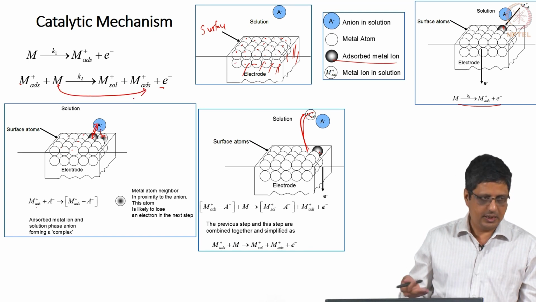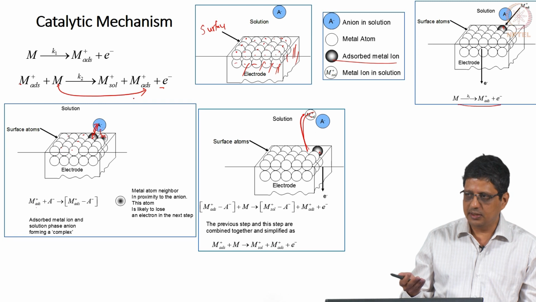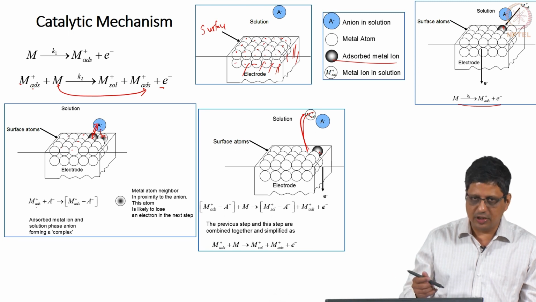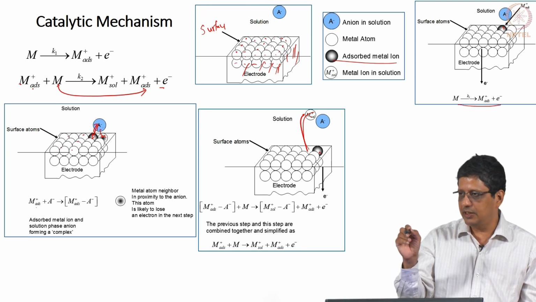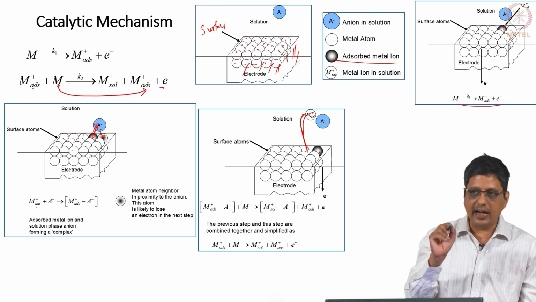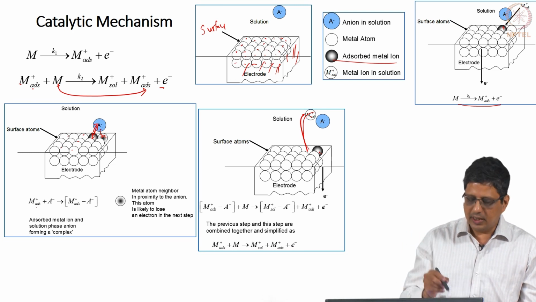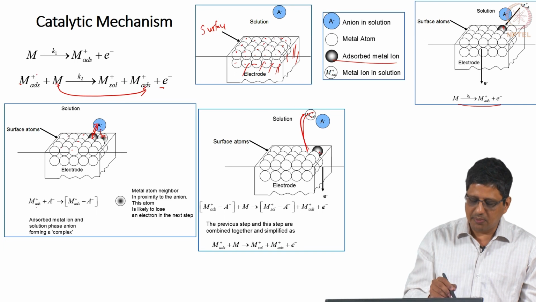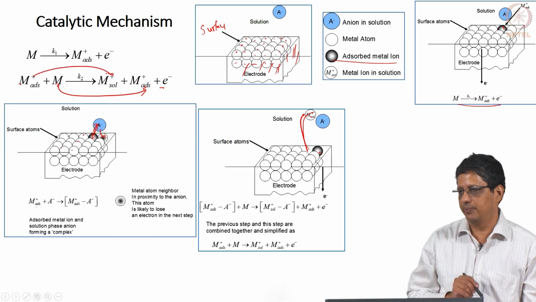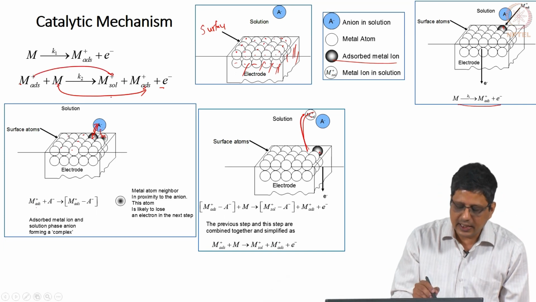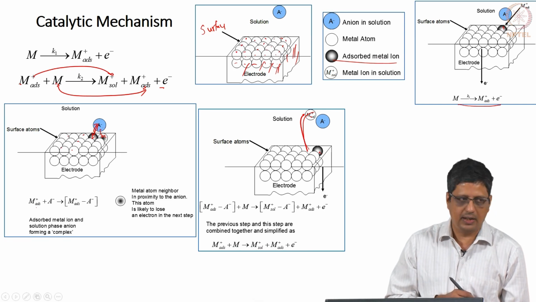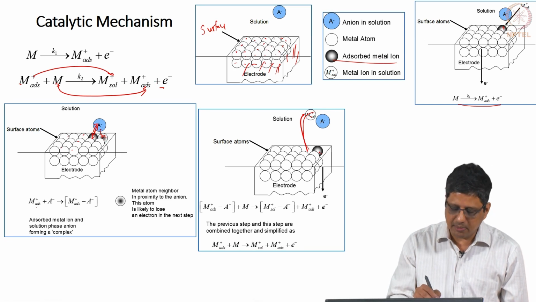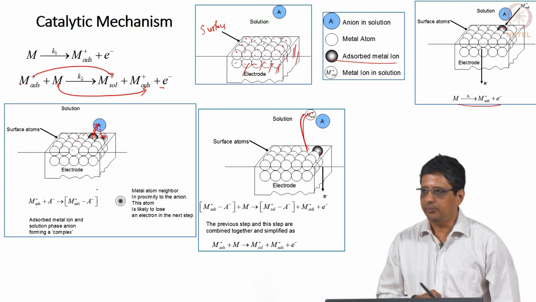If this mechanism, the way I express it, if you use an isotope, radioactive isotope and say this atom is different, that atom is different, chemical properties are same, but I can identify which is what. Then this metal has become metal adsorbed, this metal adsorbed has gone into solution and this has given rise to a vacant metal site now. And of course, electron is taken because this has lost an electron.